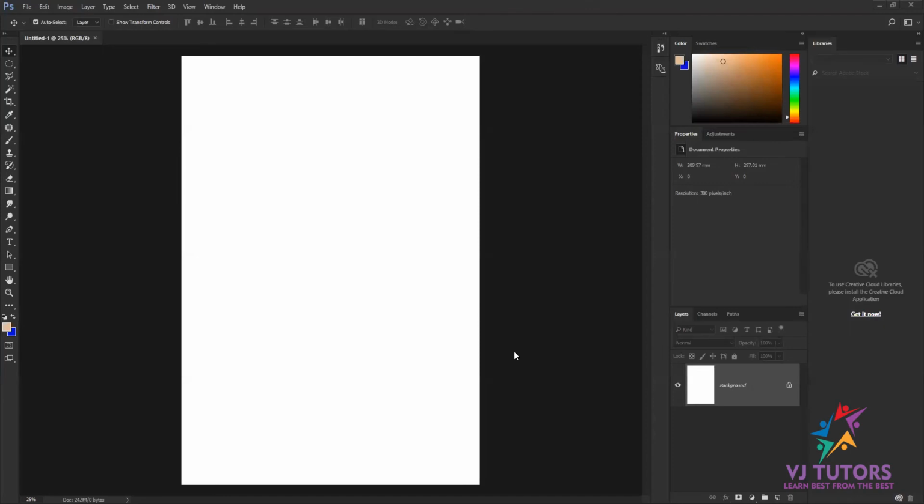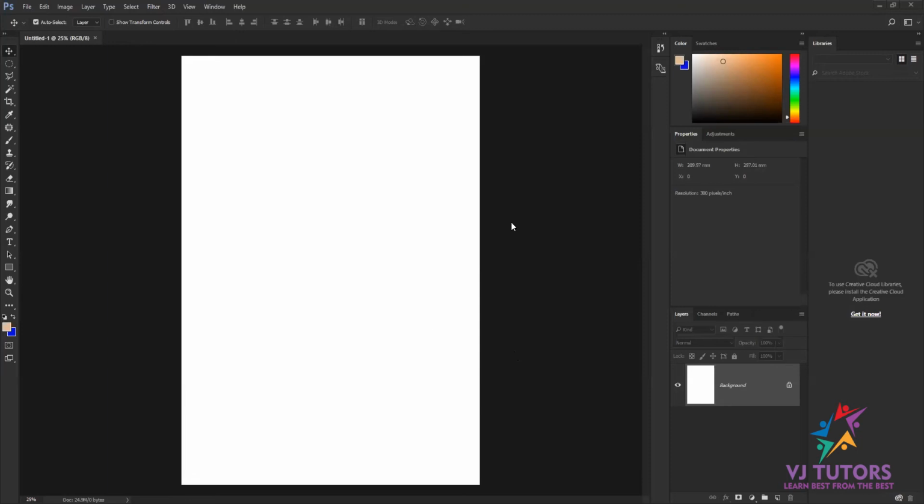In the last session, we covered the workspace option as well as how to use different types of resolution in the image, for the screen or for the print. In this session, I'm going to cover guides, how we create guides, as well as what things you should know when you start Photoshop or start learning Photoshop for the first time. Okay, so I'll cover that first.